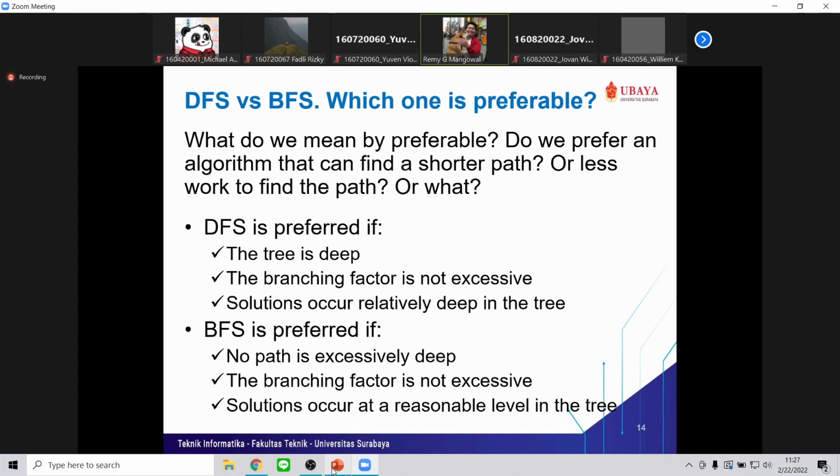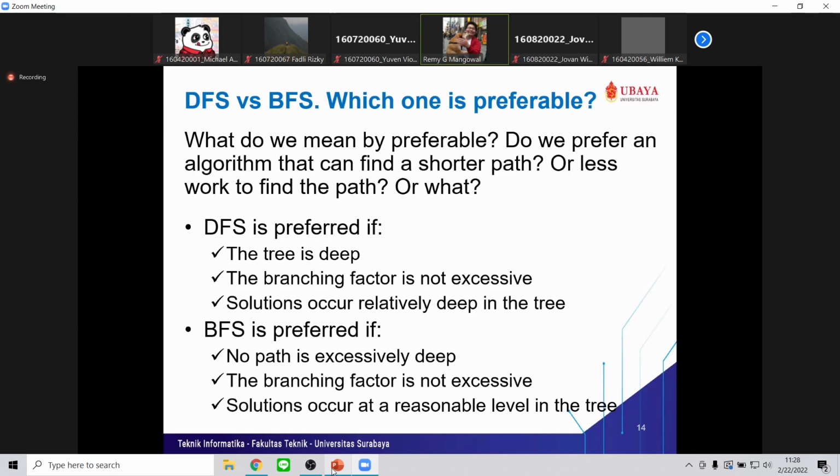Which one is more preferable? Should we usually use DFS, or maybe BFS because it's better? The answer is case by case. Both of these methods work fine, but as people do, they are better at some things than others.